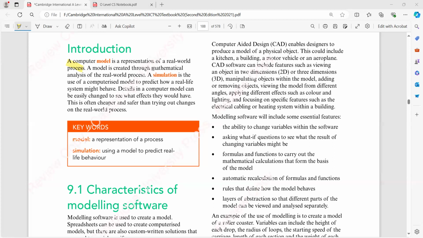The next thing here is known as simulation. Simulation is basically the use of computerized models to predict how a real life system might behave. For example, when you are creating robots, or when you are creating any virtual environment where you want to test a certain condition, and in actuality you cannot do that because of certain circumstances, you can do that with the help of simulation. Simulation is basically a computerized environment where you can predict how things would actually work,